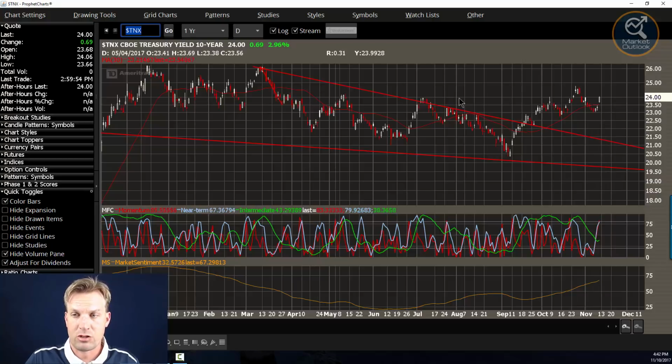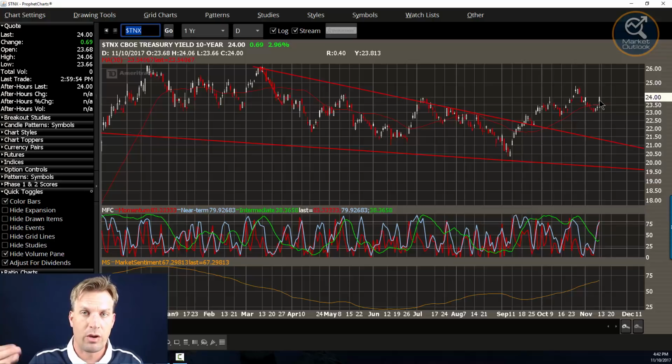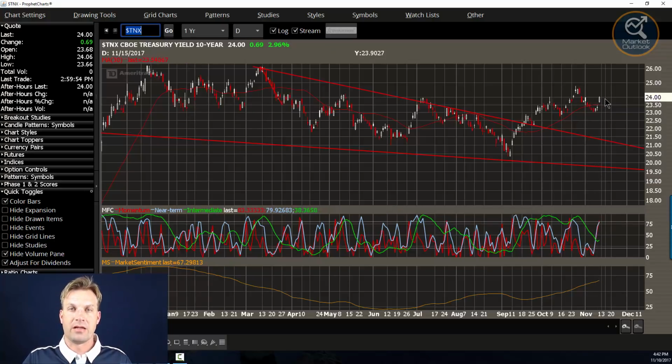So we'll see if this 2.4% has been a resistance in the past. Touched it here, came down, touched it here, came down, touched it here, came down. Closed, gapped up above it for 3 days, gapped back down below it, and now we've touched it. So it's very important to see what happens on Monday, because again, this idea that economic growth,